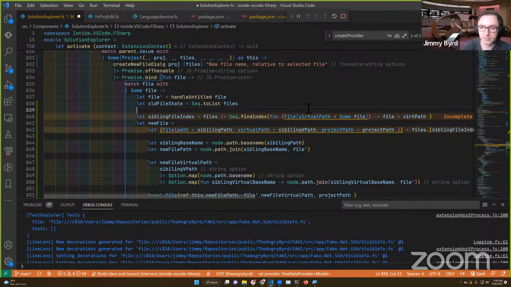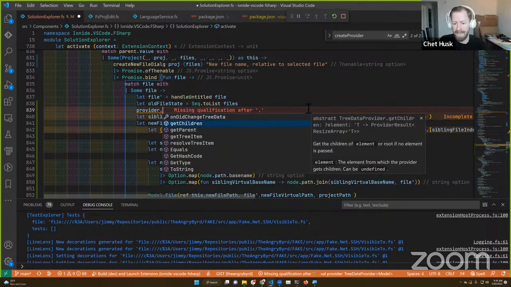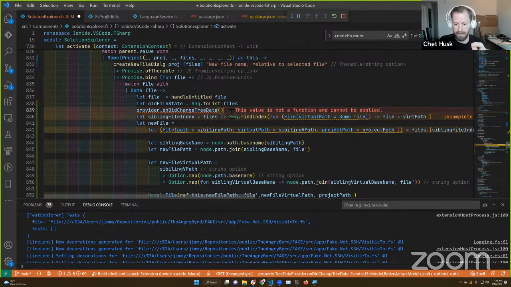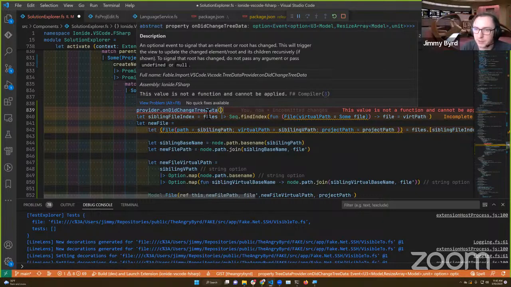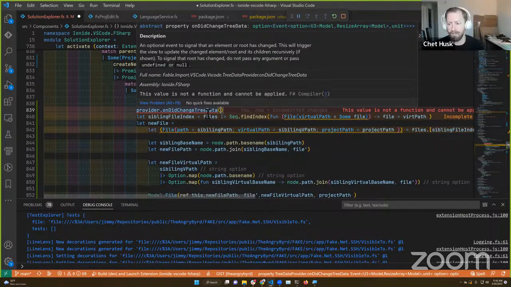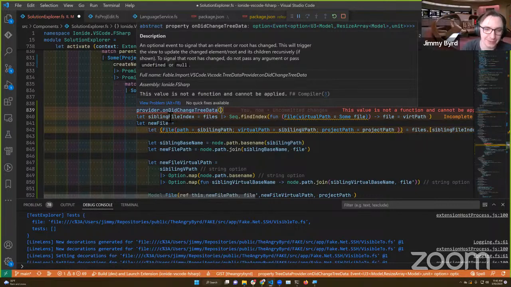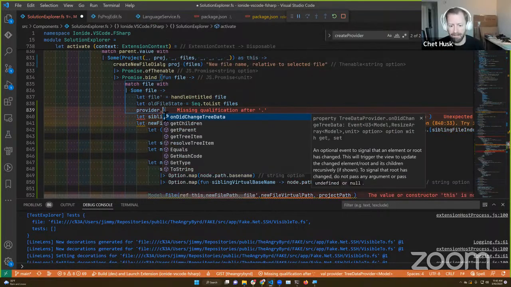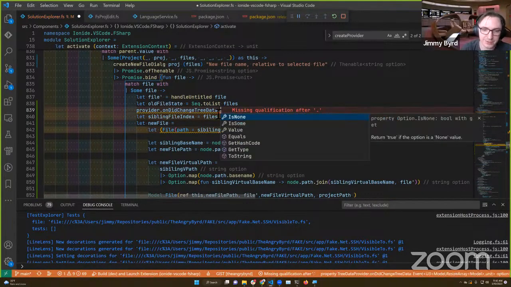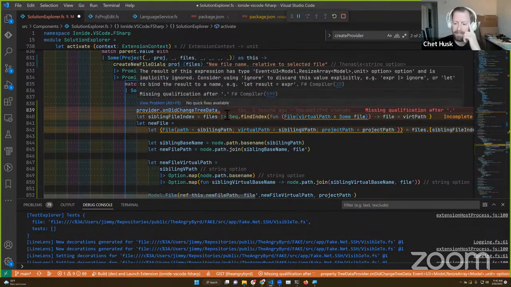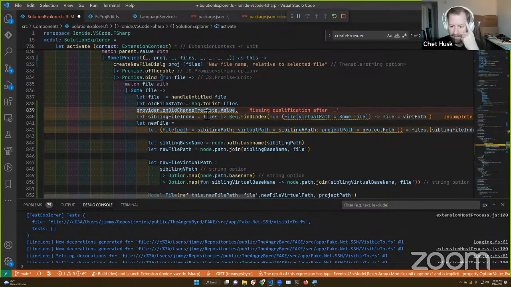Right. So after we add the file, you should be able to say that and pass in the project that just had its files mutated. Okay, so then I'm going to have to create a U3. You'll need option to event trigger it, I think. Oh, there's actually a trigger. Provider dot on did change tree data. Oh, there's the value, because this is itself an option. We're always providing it. Just do the thing and then invoke.